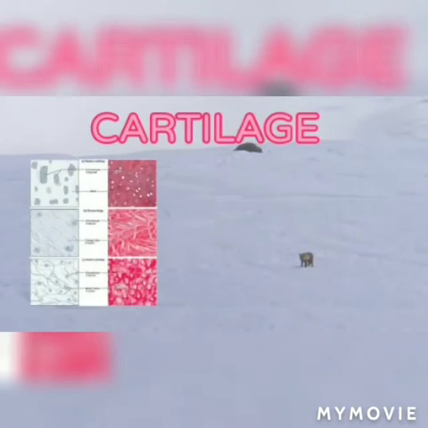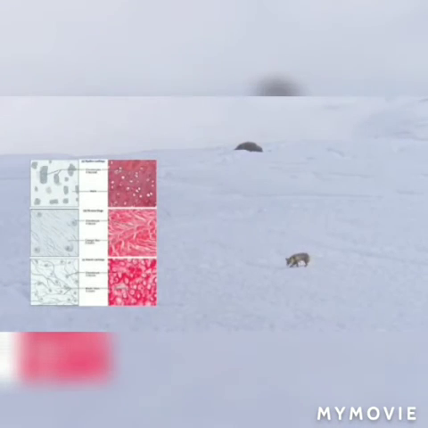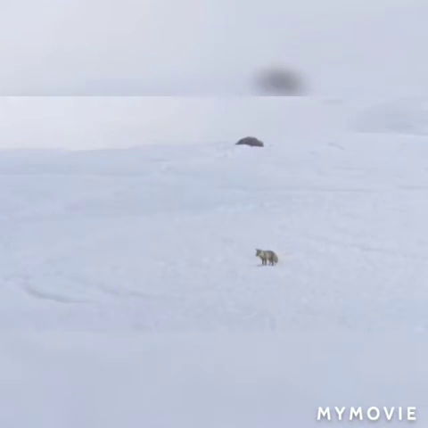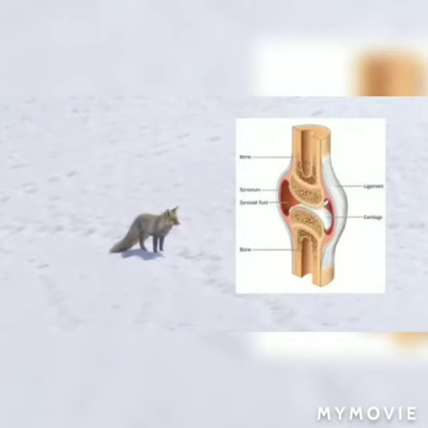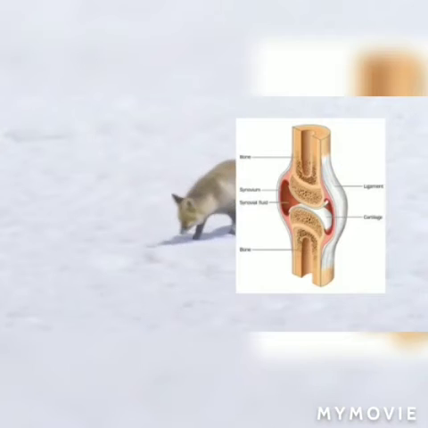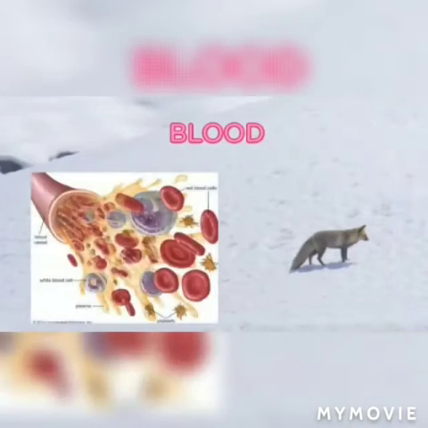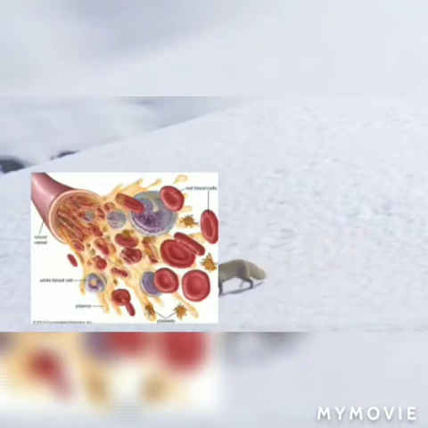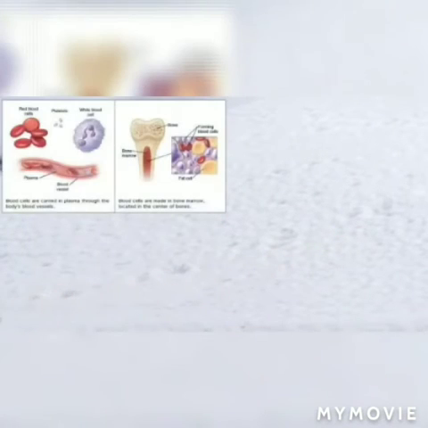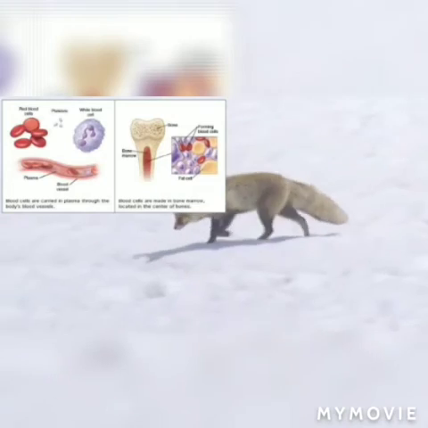Cartilage is a tough, hard, but flexible connective tissue. It can resist strain and can absorb mechanical shock. It consists of a solid or semi-solid matrix in which cartilage cells and fibers are embedded. Depending upon the matrix, cartilage is of three types: hyaline cartilage, elastic cartilage, and fibrous cartilage.